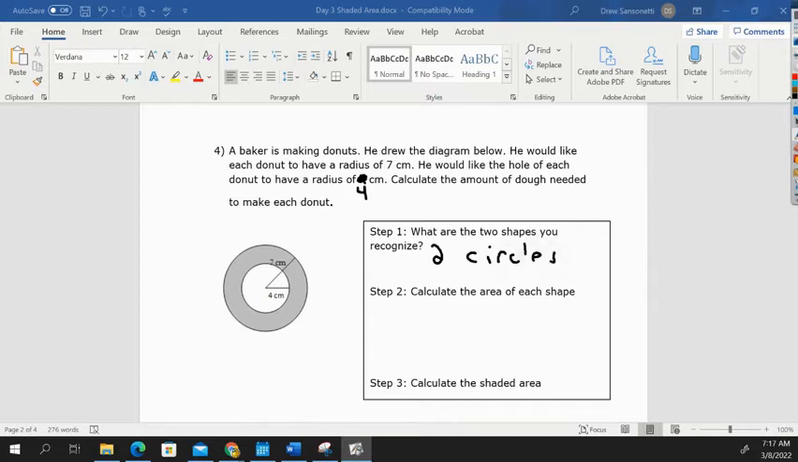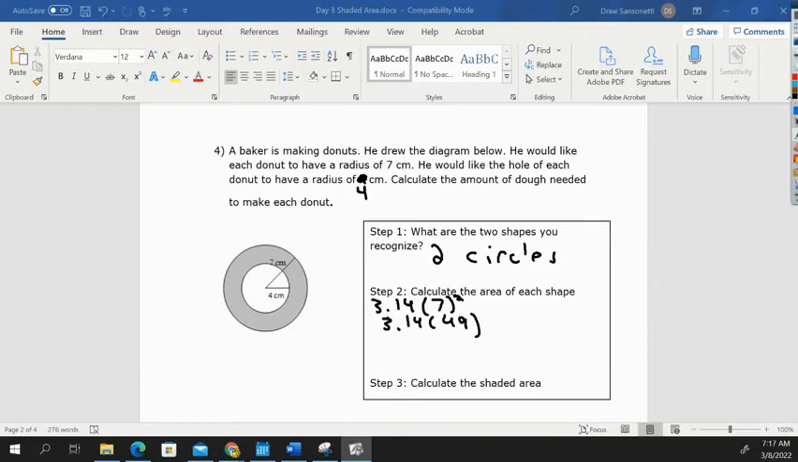So let's find the area of both. And remember, let's do the big one first. That's going to be pi times our radius squared. So the radius goes from the center to the outside or halfway across. So it'll be 7 squared. That means this first one will be 3.14 times 49,